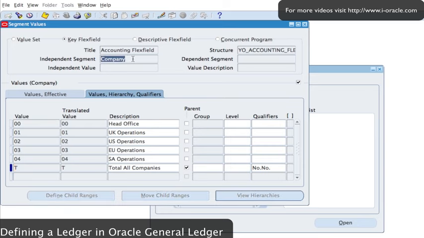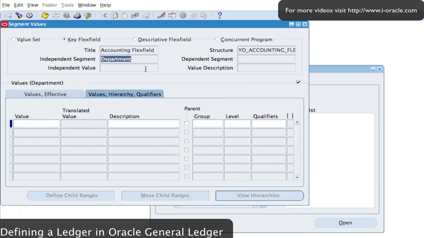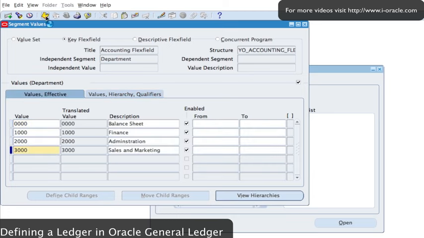And then for the second segment, which I've got as department, I can then enter some of the values for my department, which is my cost center. I'll save this, and then my next